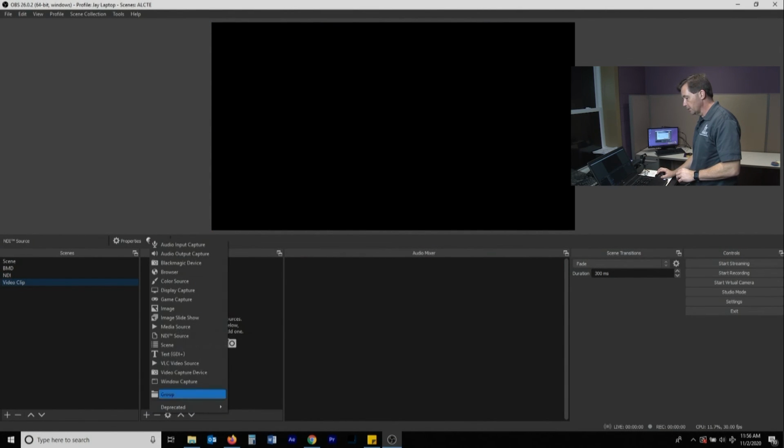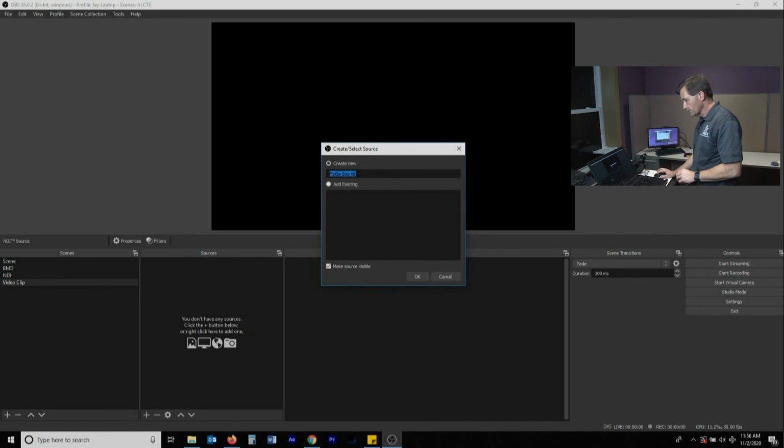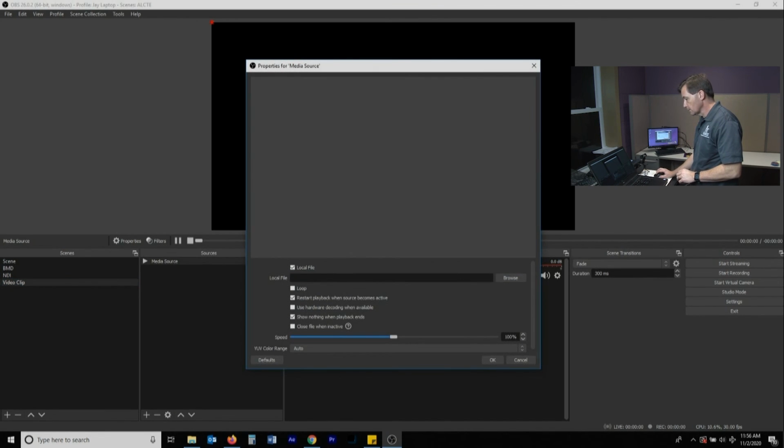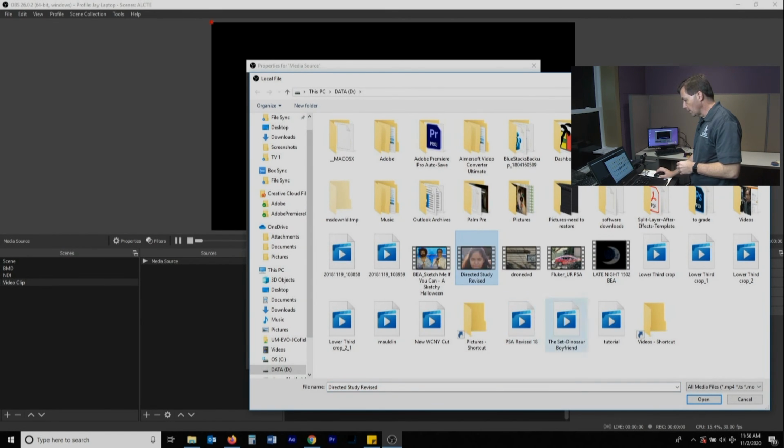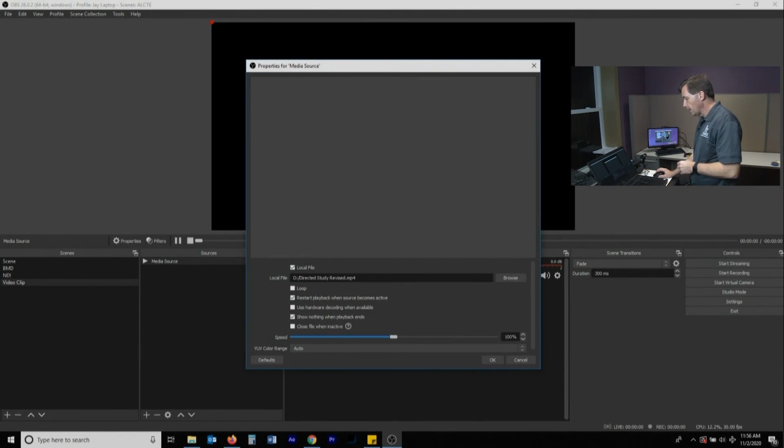And I'm going to click on the plus key. I'm going to tell it media source. And see, it gives me a choice, a local file. I'm going to tell it browse. So we'll just do this one, a nice little PSA that one of my students did. And open. Now it doesn't really preview, but I can tell it to loop if I need to, restart playback when it becomes active, which is probably what I have happen, and tell it